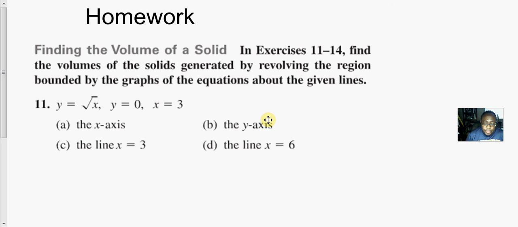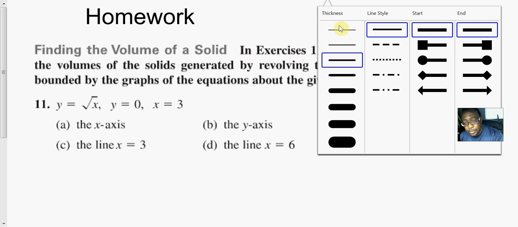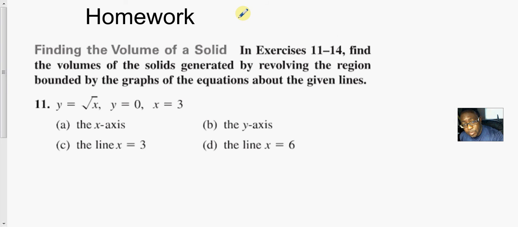Homework for this section, our goal here is to find the volume using the disk method. The formula that we're given says that the volume is equal to pi times the integral from a to b of r of x squared dx. Or if it's the so-called washer method,